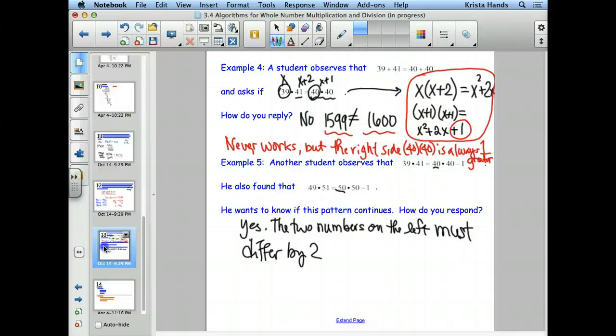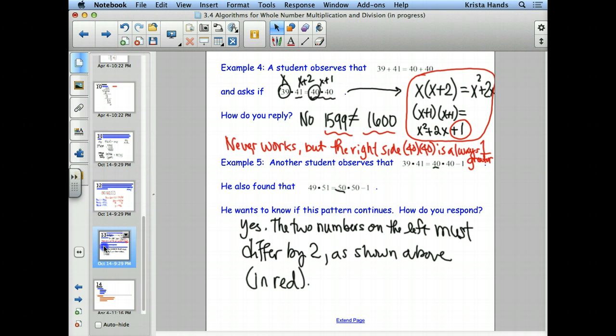So the only condition that really mattered was that the two numbers on the left have to differ by 2 for this to work. So the two numbers on the left must differ by 2, as shown above, and I'm going to put it in red here because I used red, but you can draw an arrow to yours. That this always works, and the only thing that mattered was that the numbers were 2 apart. It's the only thing. Nothing else actually ended up coming into play. Alright, so that's the last one in